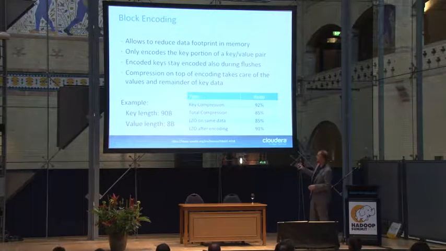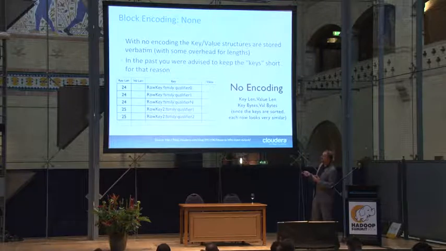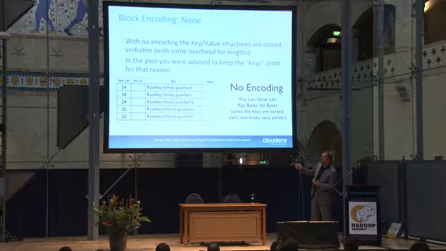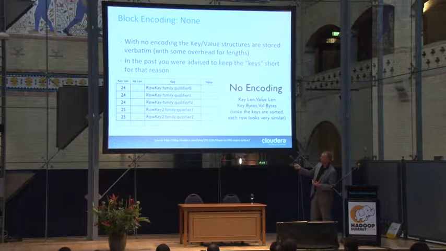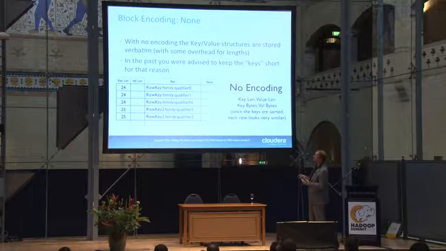If you then encode and compress, you get the highest compaction. How does it work? If you look at this, for example, I mentioned every key value has all of this repetition in here. You can see here, this is qualifier 0, 1, n, 1, and so on and so forth. This is the row key. This is the first row key, the second row key, and the key length is here 24 bytes and 25, and you store this every single time. So this is no encoding, meaning it's stored as is, and you need all of that space.